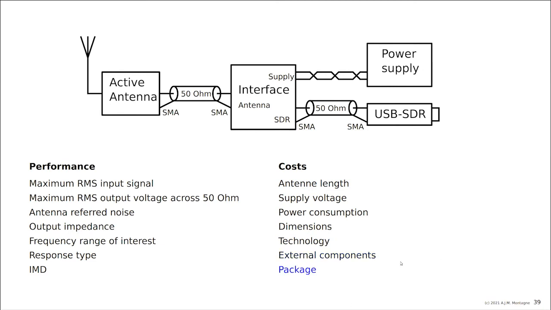External components is what you need on the PCB, because of course this might be space consuming. In many cases, you don't want external components, only if really necessary. Operating conditions: temperature range, EMI, and ESD. ESD was not specified. There should be some kind of human body model specification for this. EMI was also not specified. We keep it out of this course, but in general, it is relevant, and you have to design for out of band, often EMI components, noise